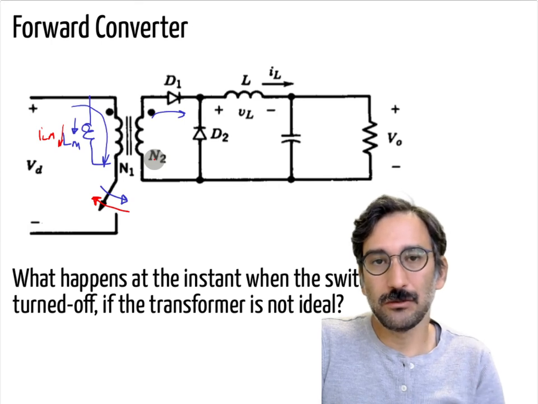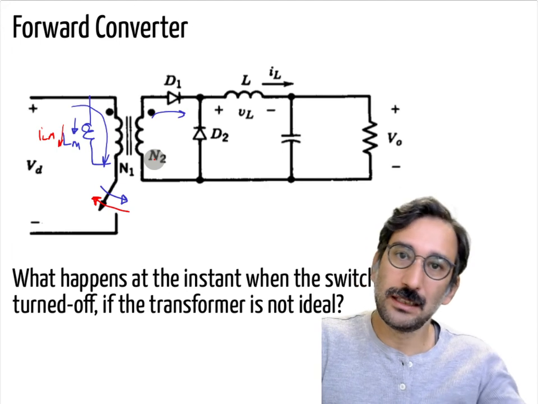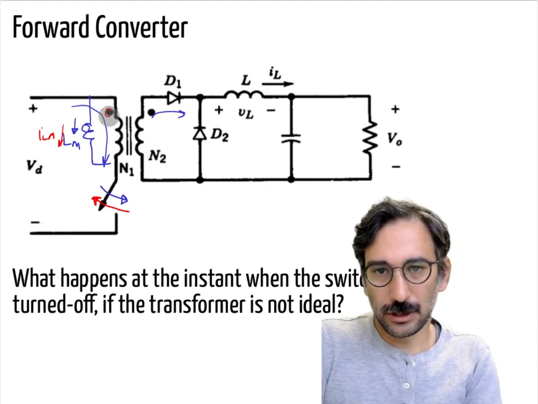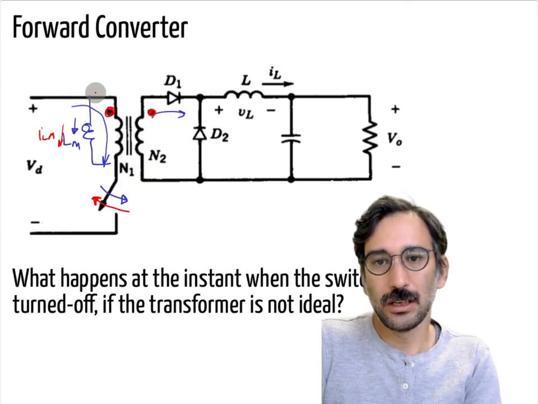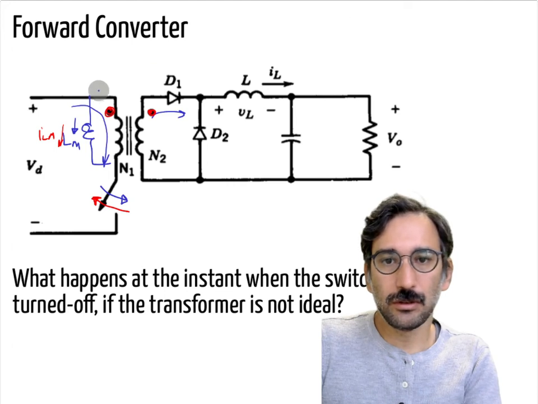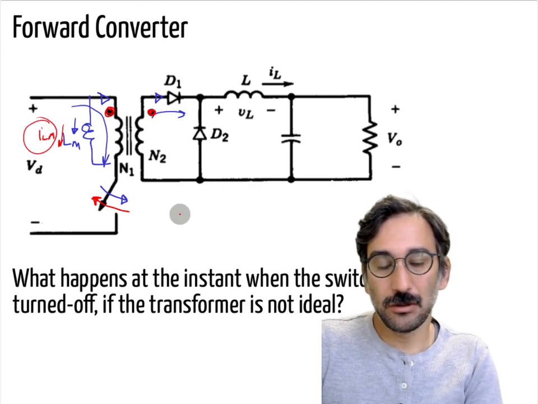In the flyback converter, first you are charging up that LM, then you are sending energy to the secondary side. However, the polarities of the transformer in the forward converter are different from the flyback converter. So you are sending power when the switch is on, but once the switch is off, that ILM current has nowhere to go,